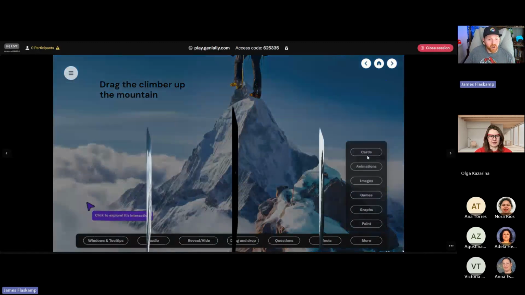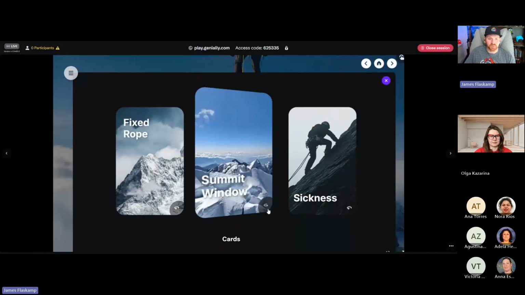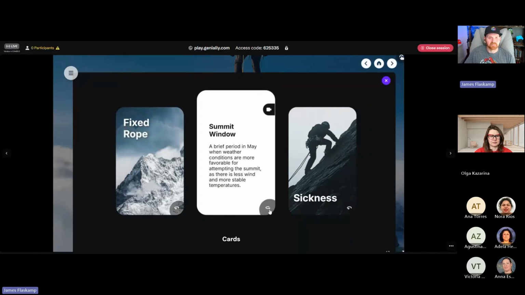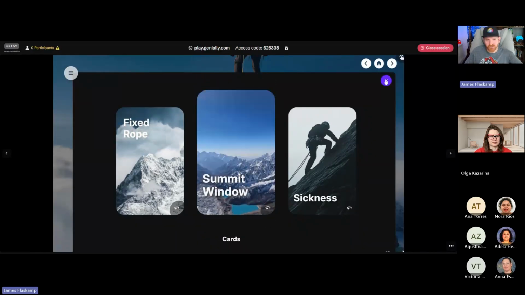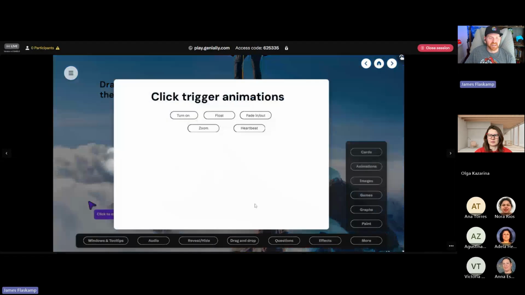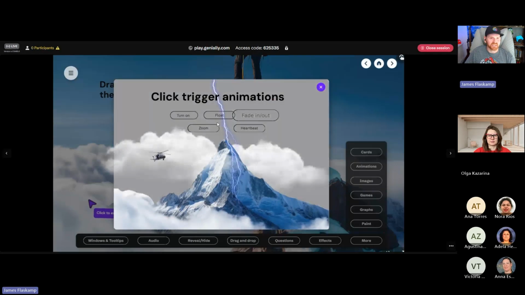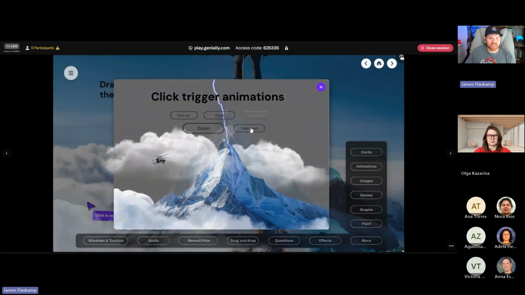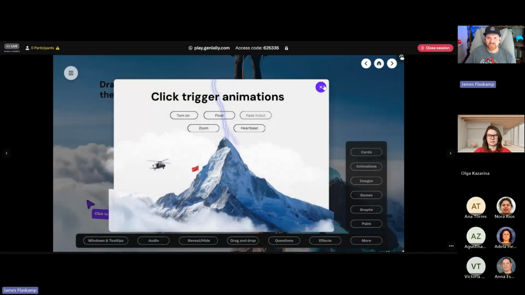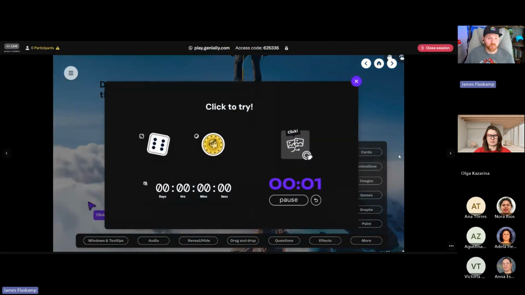We've released flip cards in the recent months, great for flashcards, studying, presenting information just in a different way, fully functional, where you can add all of the same things you can add into a Genially page into these flip cards and make them really awesome for your students. All kinds of animations. You can animate anything on the screen in a number of different ways. And so these are just examples of a few of the different types of animations that you can do with Genially.